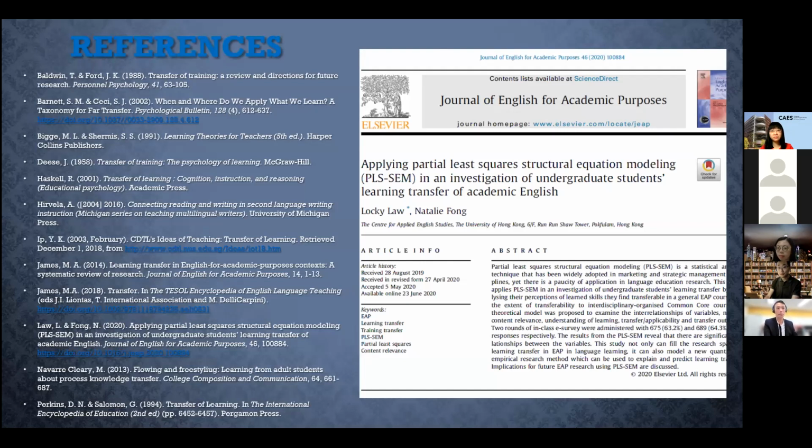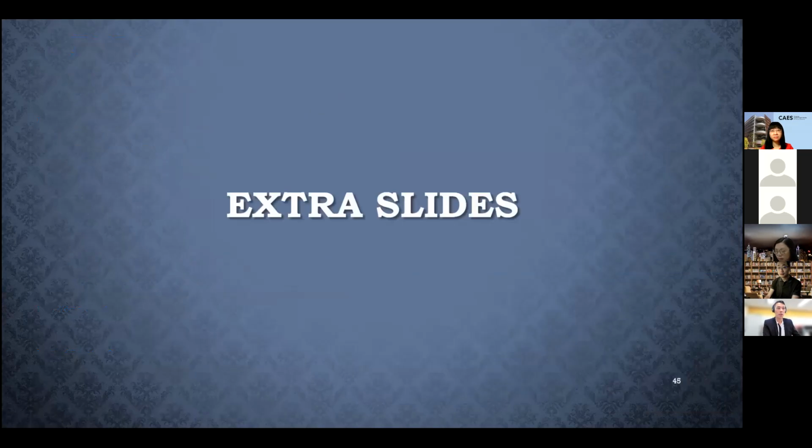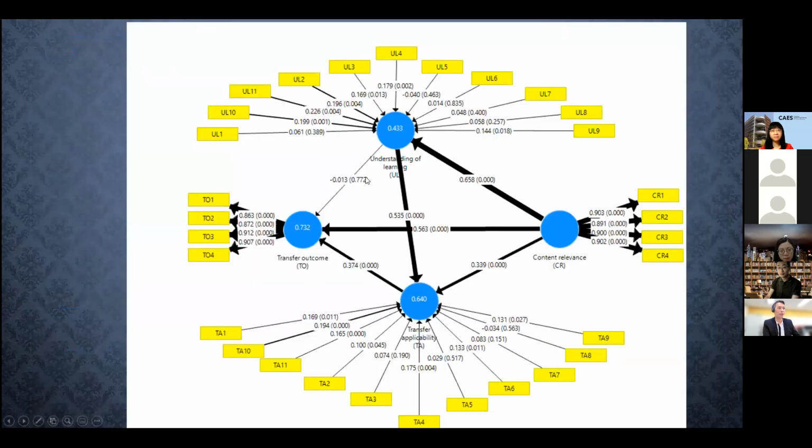We are able to use this approach to find connections between students' learning. There are a lot of numbers, but basically we focus on the four blue bubbles, and the thicker the black lines, the stronger the connections.